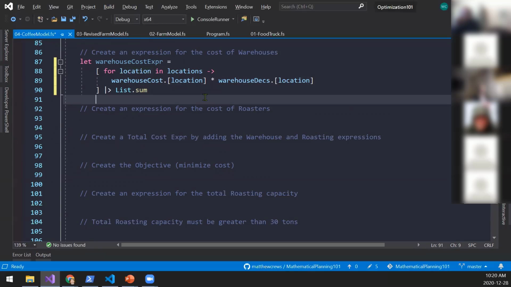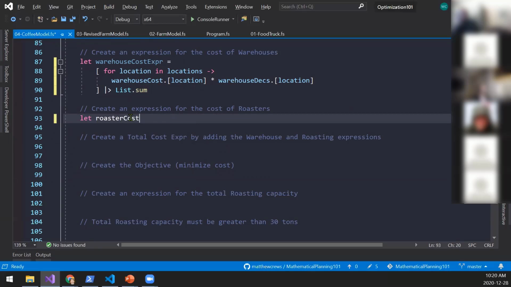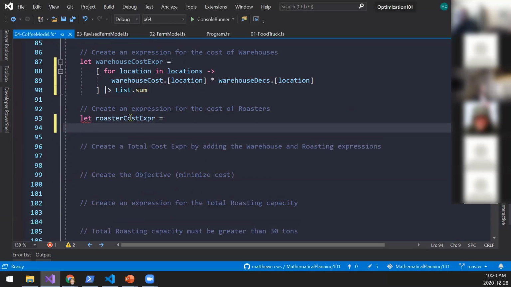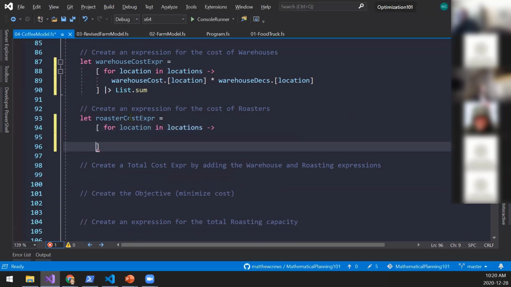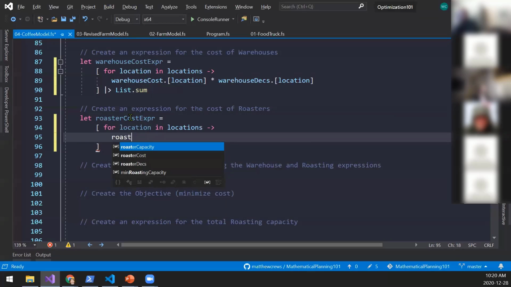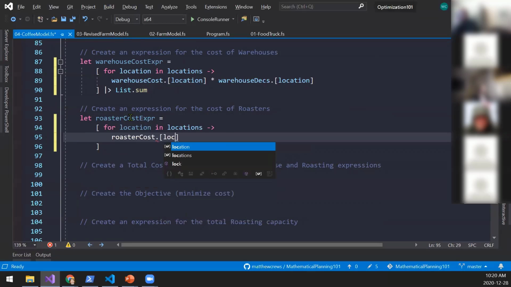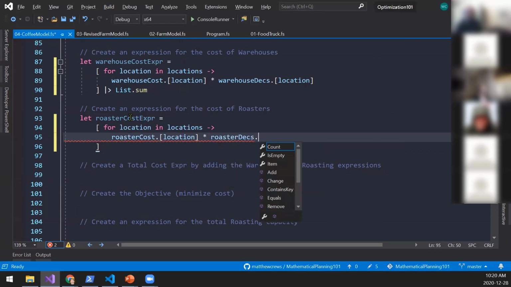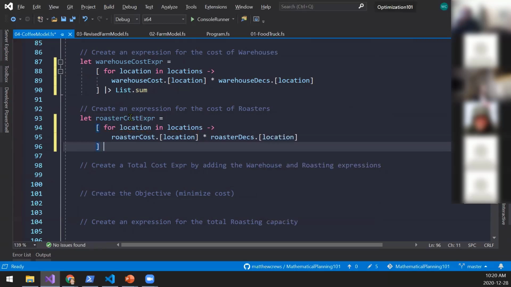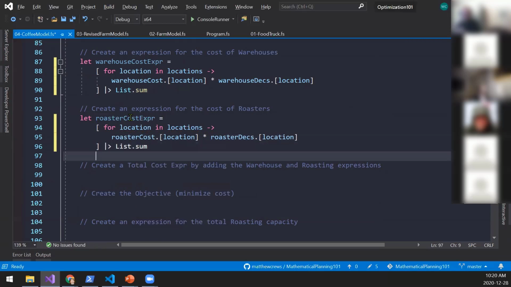And I am going to make a roaster cost expression. Looks very similar. Location in locations, roaster cost for a given location times roaster decision for that location. List sum, summing up the costs associated with all of my decisions to build roasters.